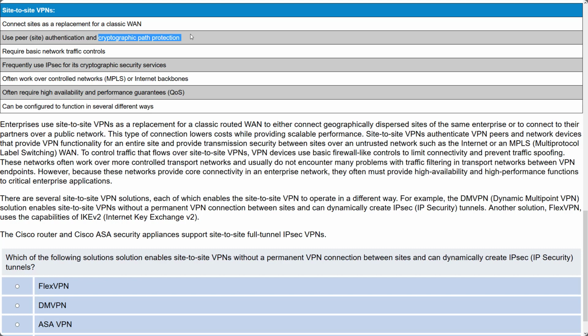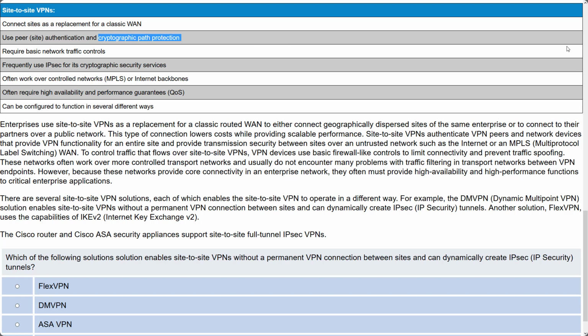There is an anti-replay protection component, making sure that somebody doesn't capture encrypted packets and replay them so that they could participate in the VPN. Making sure that there's some sort of key negotiation process. Typically, it's going to be Diffie-Hellman, and so on. So there's a bunch of different layers, if you will, to IPsec that provide all of these cryptographic features, and we want to make sure that we implement that. And when we look at our discovery, we're actually going to go through that process and implement each of those